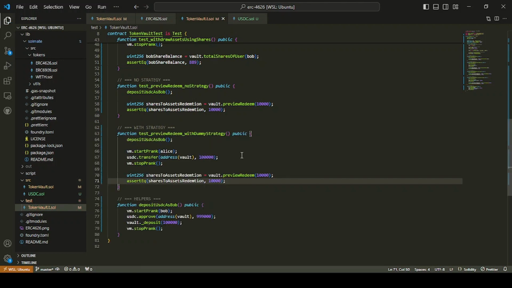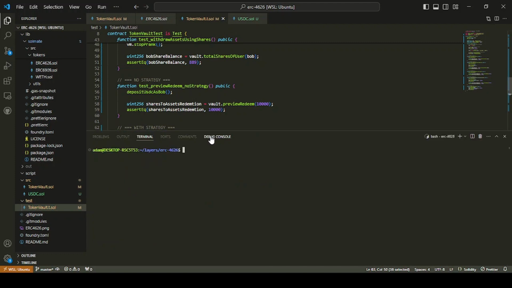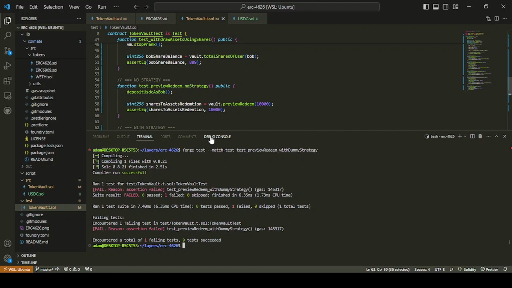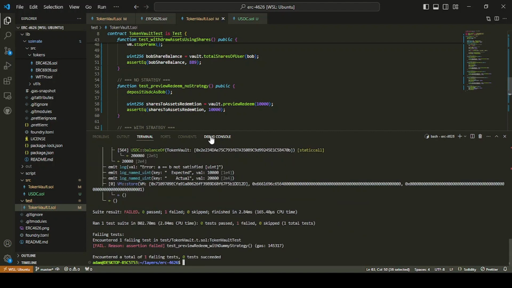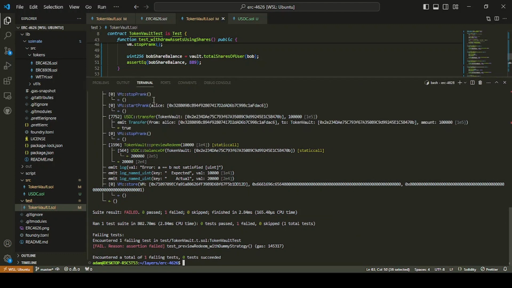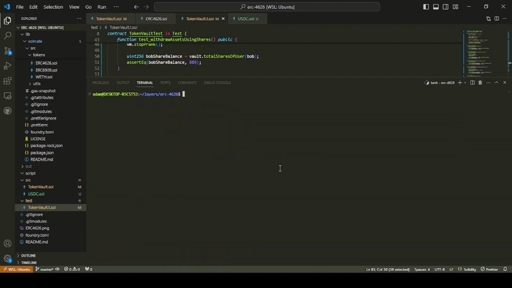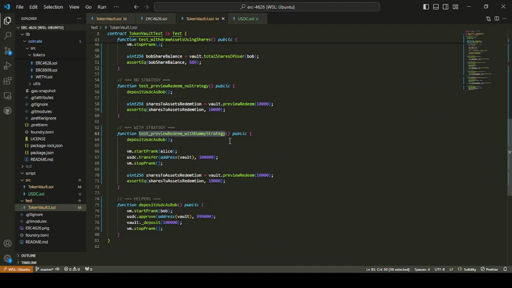In fact, I'll just copy that. Let me do it with a dummy strategy. Forge test, match test. Okay, there we go, so it's failing. And we'll look at the stack trace, and there you go. As you can see, the value that we're passing in is 10,000, but the actual value coming back is 20,000. And of course, that makes sense, because if you do the maths behind it, Bob has put in